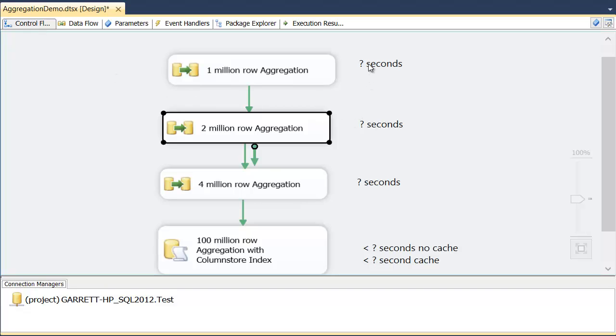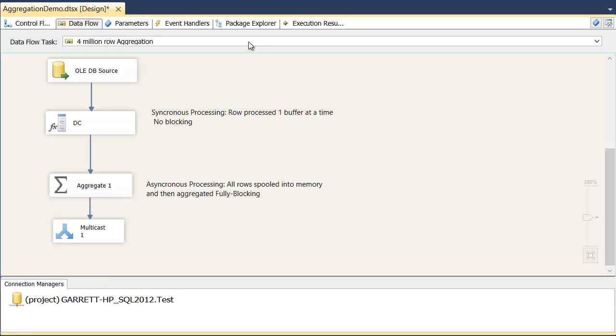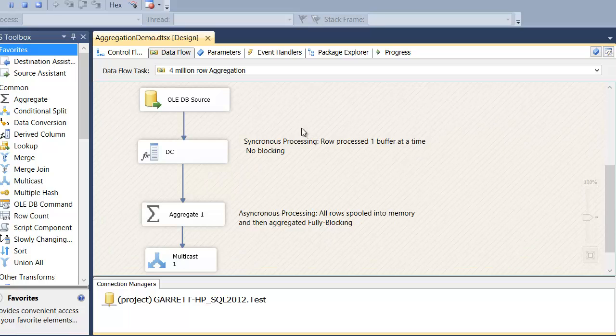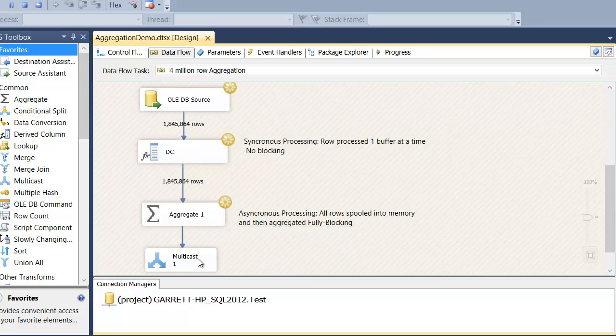And I'm going to take note of the performance in terms of seconds for 1 million, 2 million rows, and 4 million rows. So what I'm going to do now is start the execution. Now this is started, and when the rows come in, you will see in the synchronous component that the rows continue on. However, here in the aggregation, they're all being spooled up and haven't reached the multicast yet until all 4 million rows